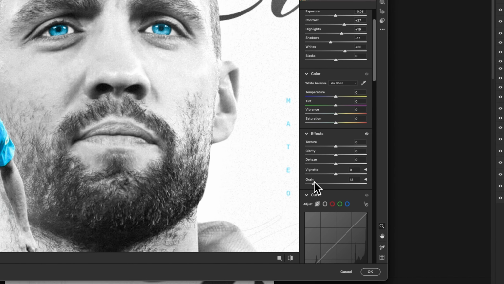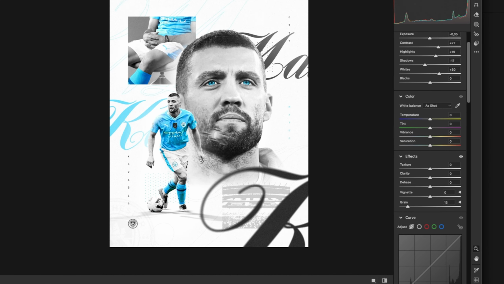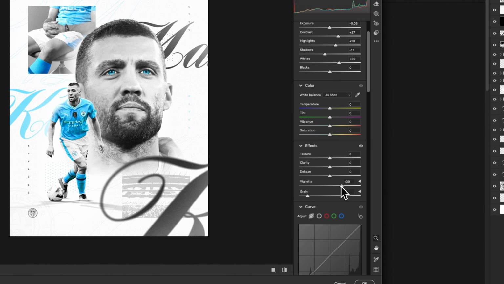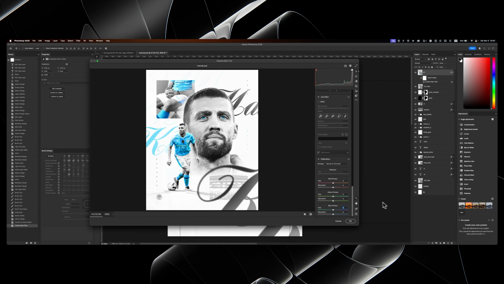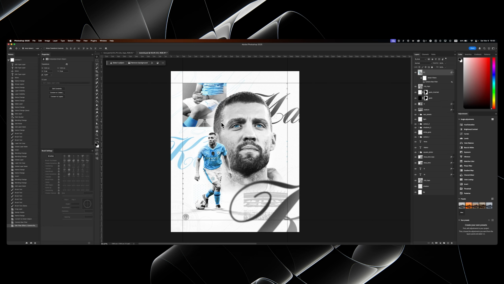You can also add some grain or whatever looks good to you. You can also mess around with the colors on the bottom here, so you can basically get a whole different design from this. You can duplicate this again,